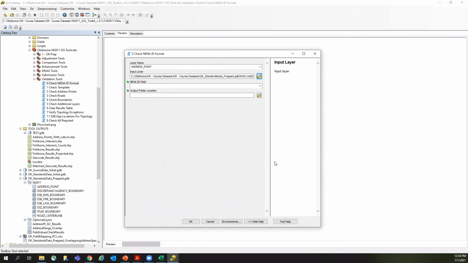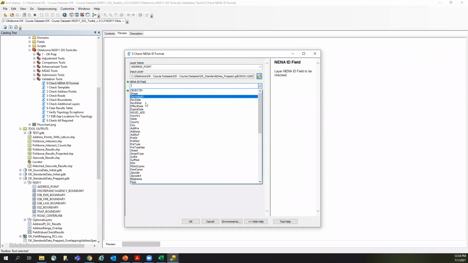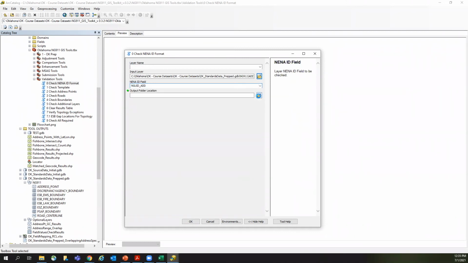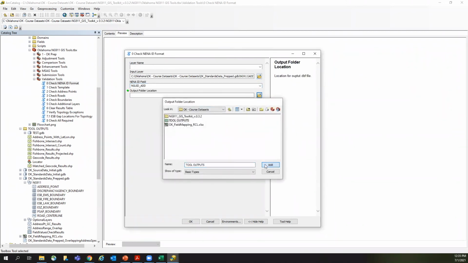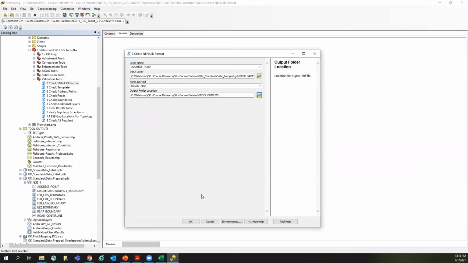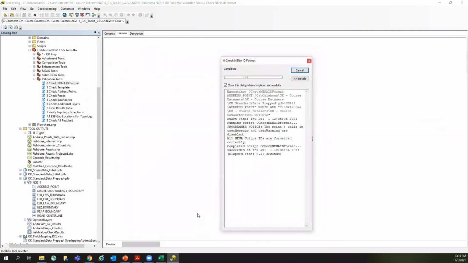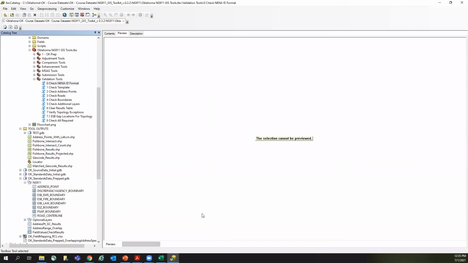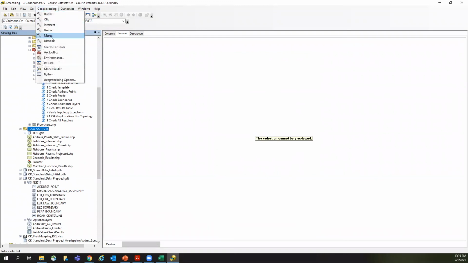I'll give it the address point layer and then point it to my NGUID. I can point it to a folder here. So I've used that tool outputs. This actually doesn't give you an output though. And I've tried this a couple of different ways, and I don't get an output. So I can refresh the folder, and then if I look in the folder, there's nothing in here for an output. All right, but if I go to my results,